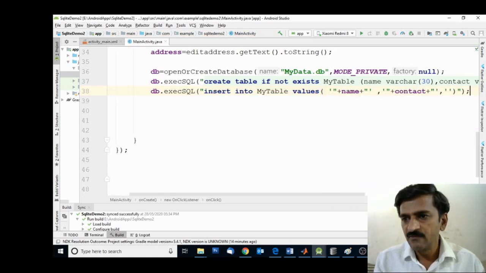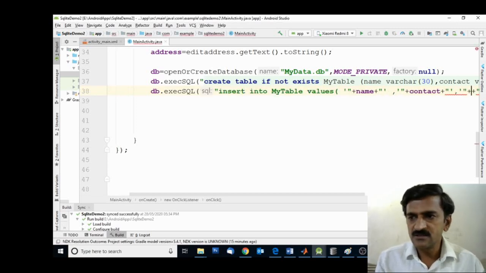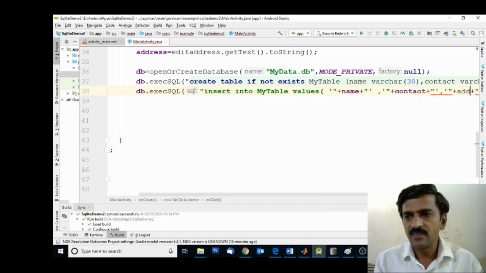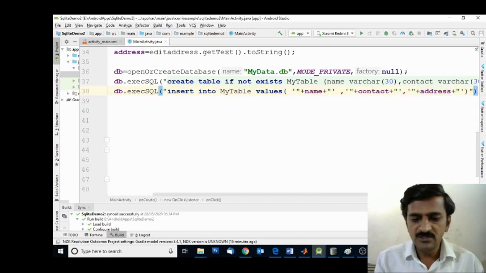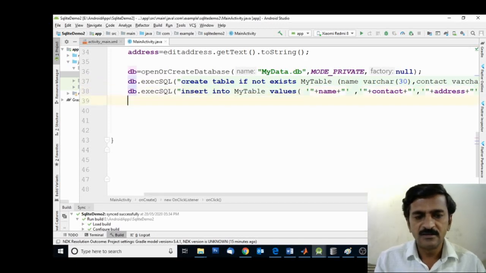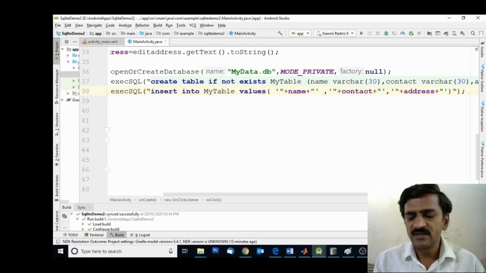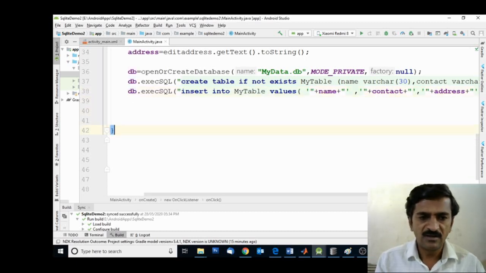Similarly, for address, double quote plus then address. Okay, so in this way we can insert the record into the table. If there is no error, the record will automatically be inserted into this table.